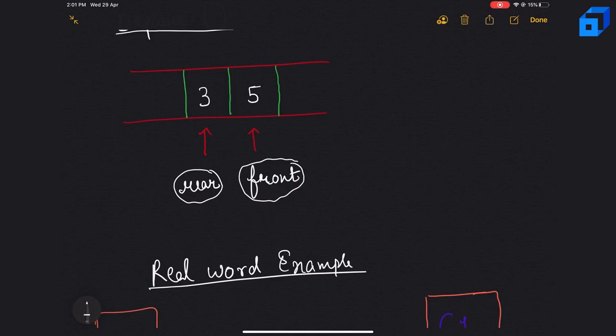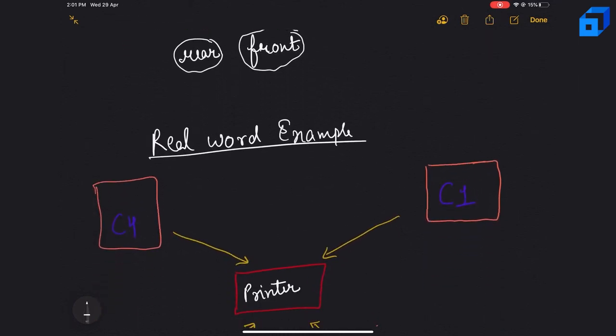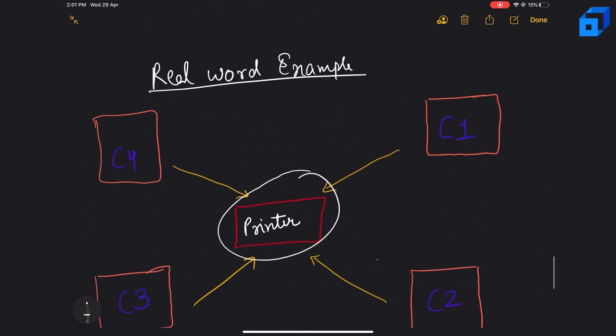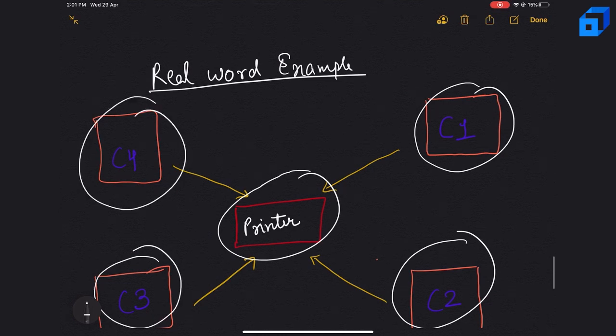When more than one request comes to it, it cannot say that it cannot serve your request. So what will the printer do? It will maintain a queue of requests and serve them one by one; as long as there is a request in the queue, it will keep picking up requests one by one. Let's say we have a printer and all these computers are requesting the printer to print a document, but the printer can only print one document at a time. So the printer will maintain a queue and store all the requests in the queue.